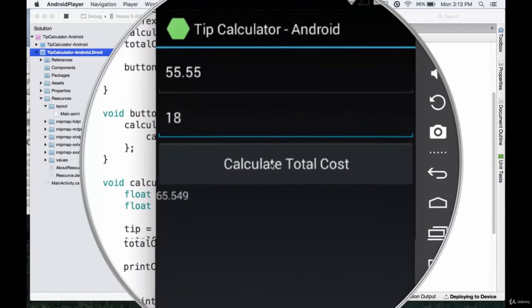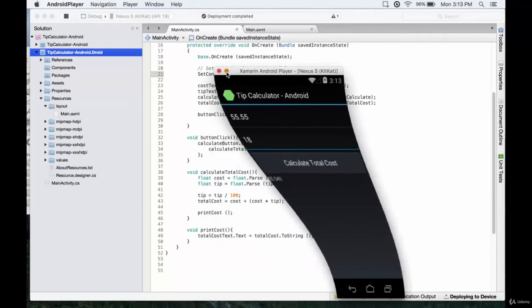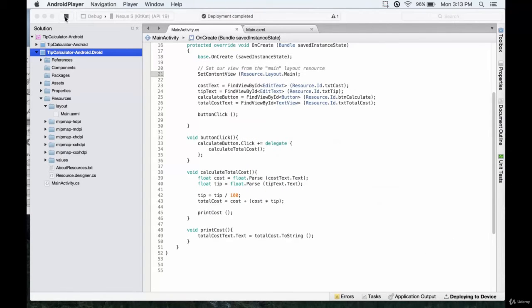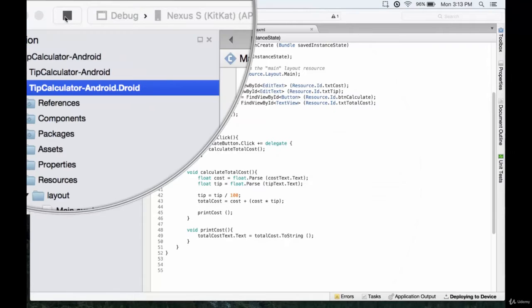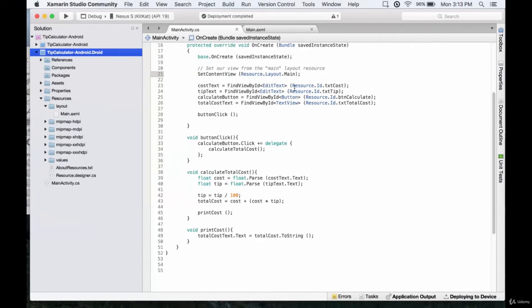However, this doesn't look that good, it's not that appealing, and the final text is tiny. So let's go ahead and modify it. We'll make it look a little prettier. We'll minimize that for now, and in the upper left corner of the screen we have the big stop button. We're going to stop running it because we no longer need it running. Now to modify the appearance, we'll have to go back into the main.axml,